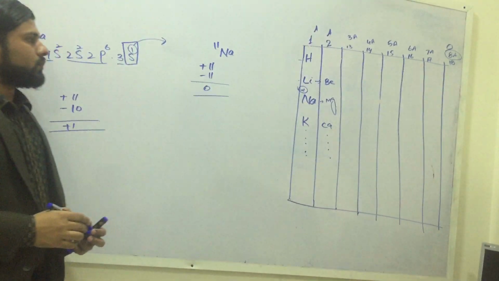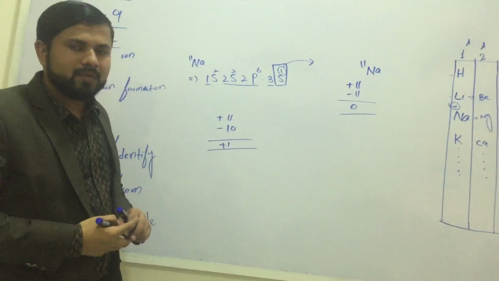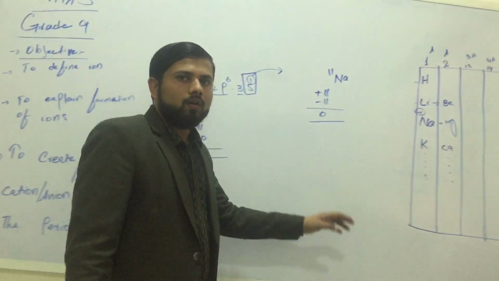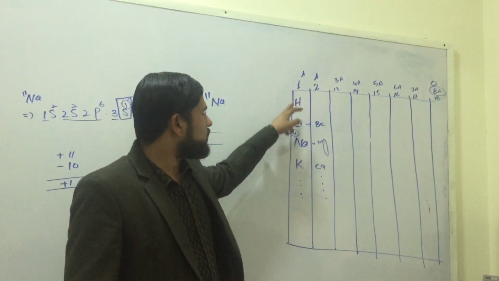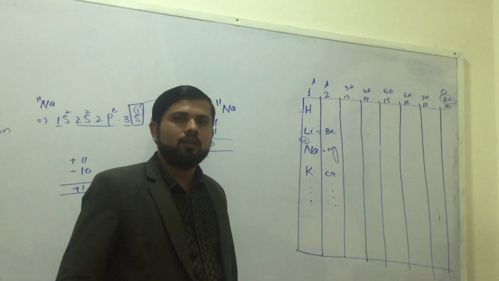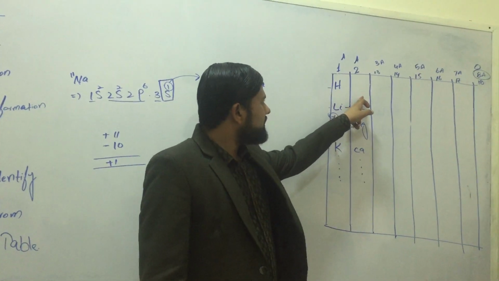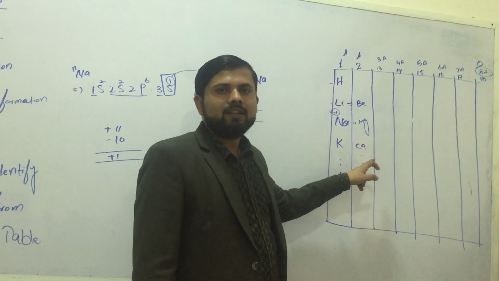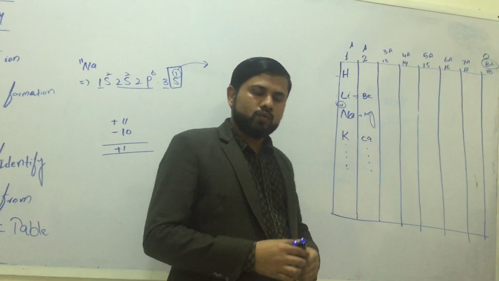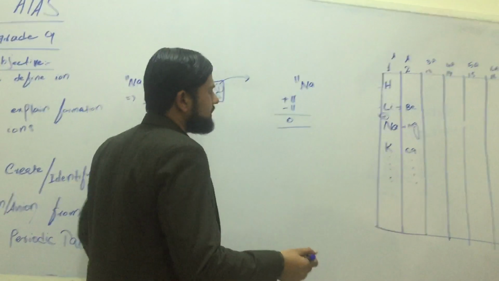Now, I'm going to the next group, but the main key point is that all elements present in the first group will have only a plus 1 charge. Then all elements present in the second group will have only a plus 2 charge. Now how? For example,